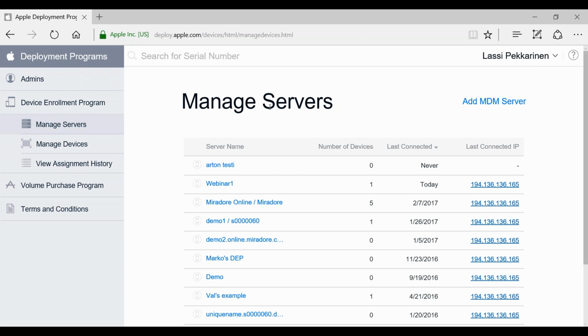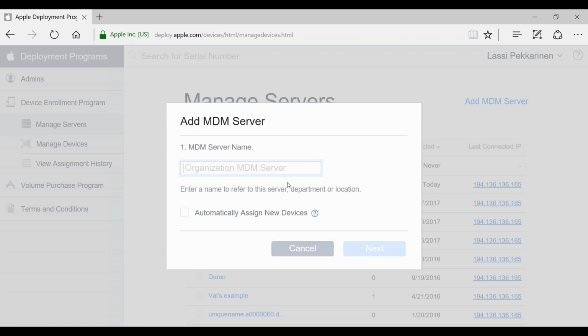In this portal you can add one or multiple servers. In this case we seem to have lots of servers for the demos we've been given, but let's add a new one for this purpose. First of all, let's write a friendly name. Let's use webinar. This is just the display name for the server on this list.